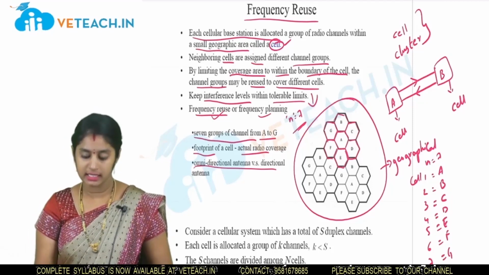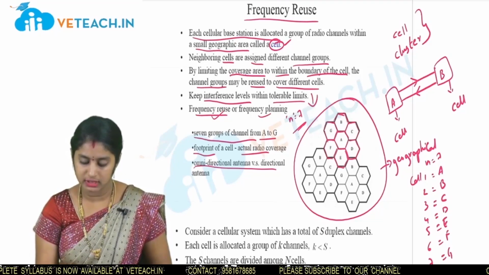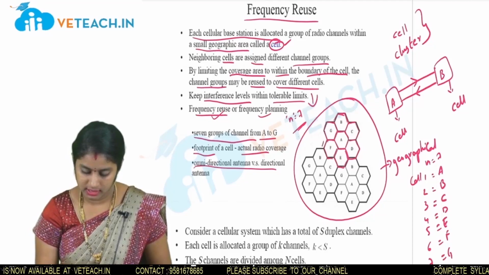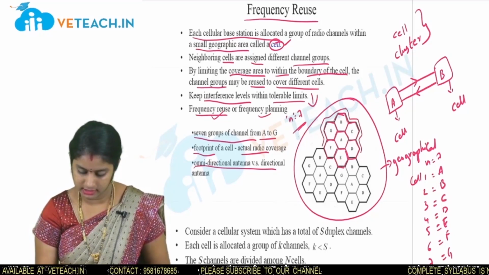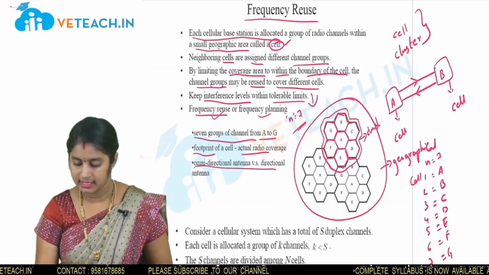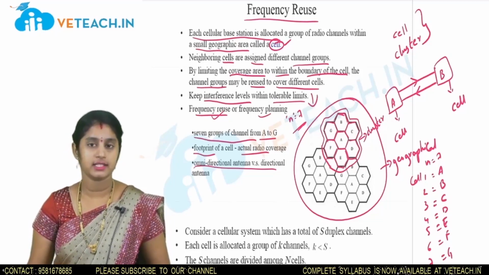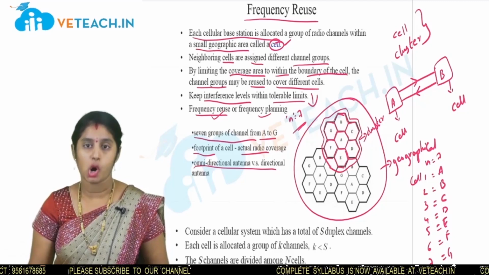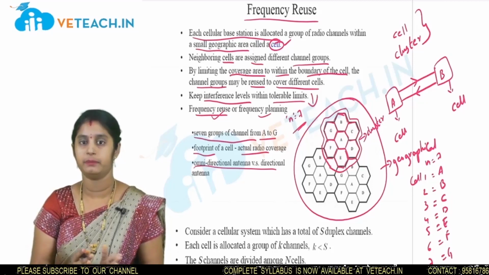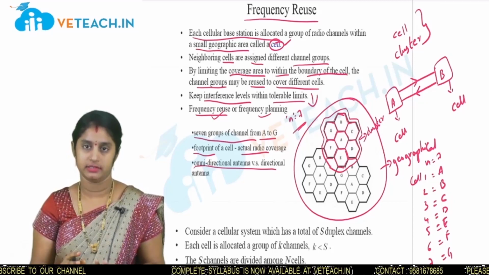And again, see here, the attachment or a group of cells which are combined or constructed beside each other is called a cluster. That means, see here, this is a cluster. So this outer coverage area is known as a cluster. So guys, how can we define the term cluster? A cluster is nothing but a collection or a group of cells connected neighboringly or adjacently in a group.